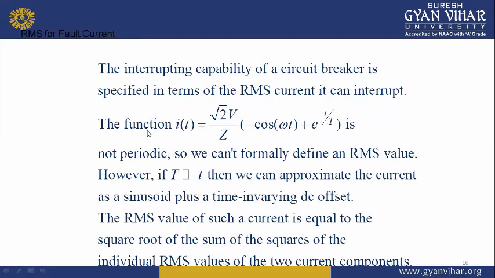The interrupting capability of a circuit breaker is specified in terms of RMS current. The function IT equal to root 2V upon Z minus of cos of omega t plus e to the power minus t upon T is not periodic, so we cannot formally define an RMS value. However, if t